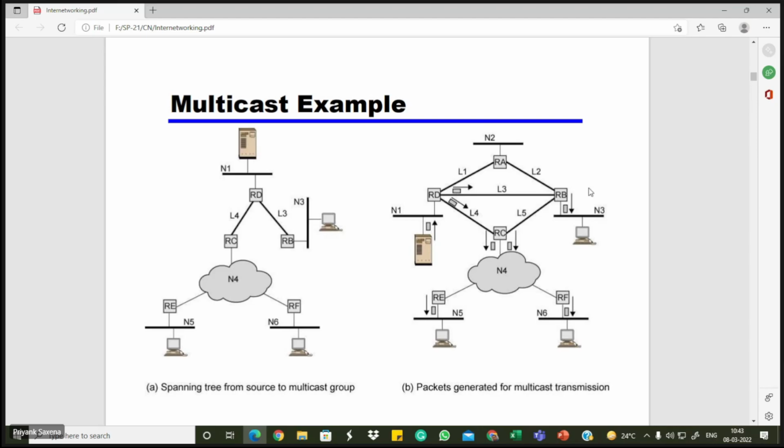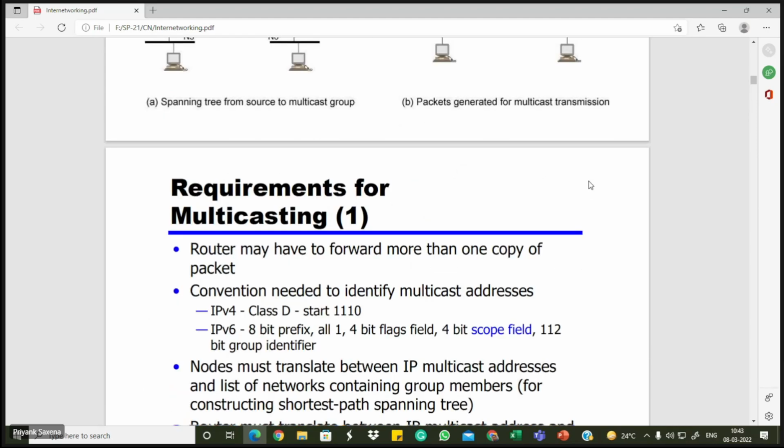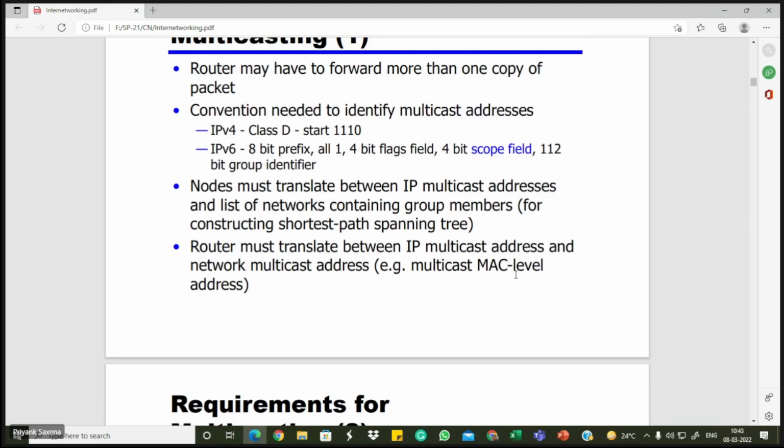So generally some of the multicast addresses, okay. So I hope this point is clear. Yes, sir. The routers,